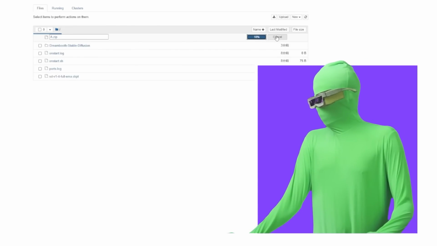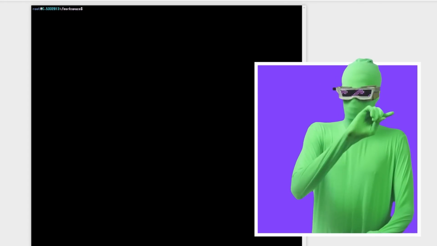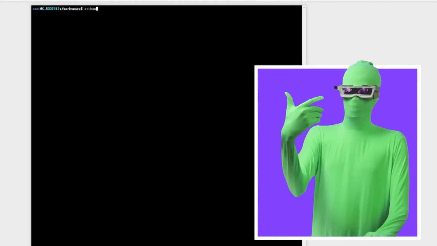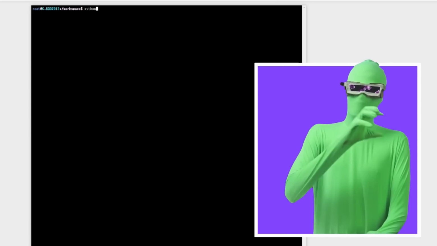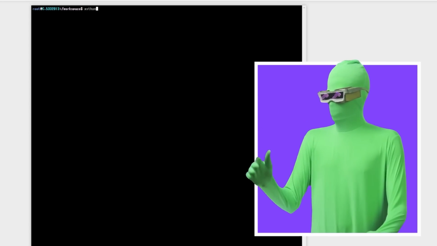So now what we want to do here is come to New, Terminal. This is another terminal. The two other terminals are still running in the background, don't worry. Type in python. This is going to launch Python. You're going to use this because to extract the file, you can't just click on it. It's not going to work. You have to extract it with something special. So that's why we're doing this.